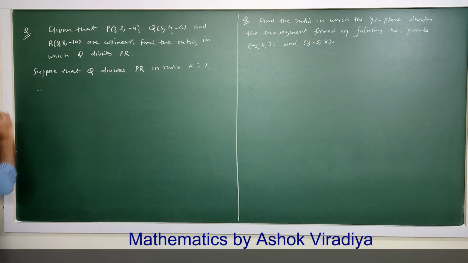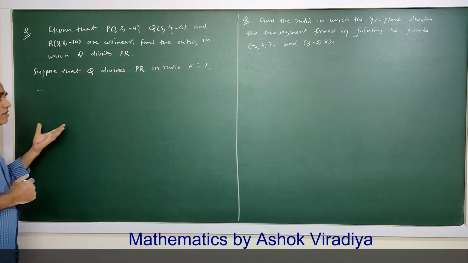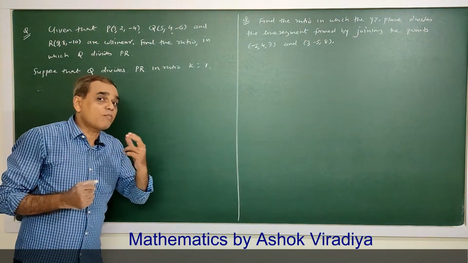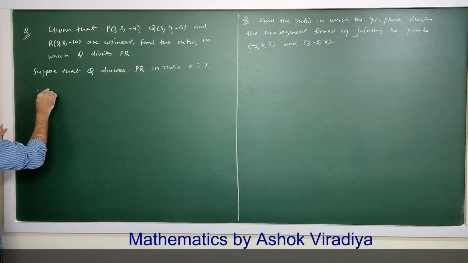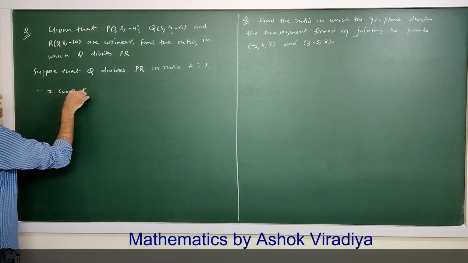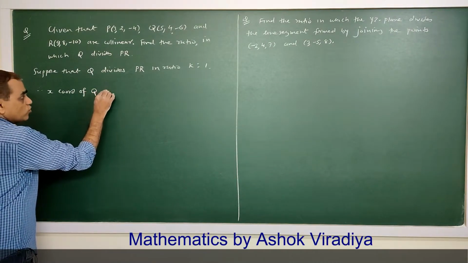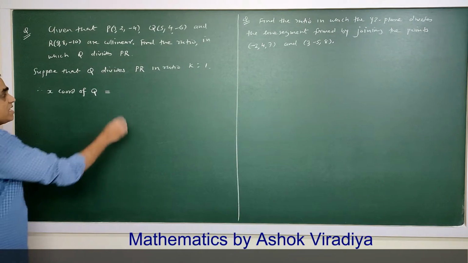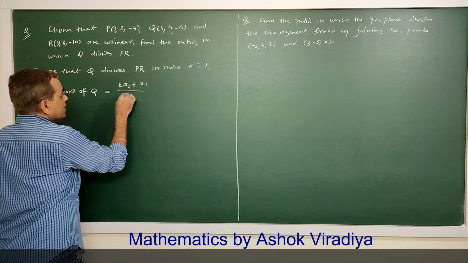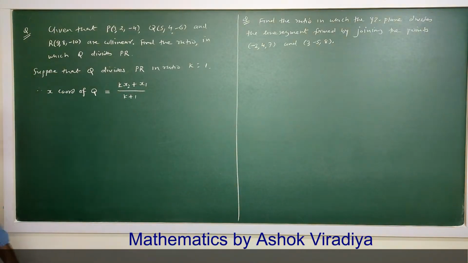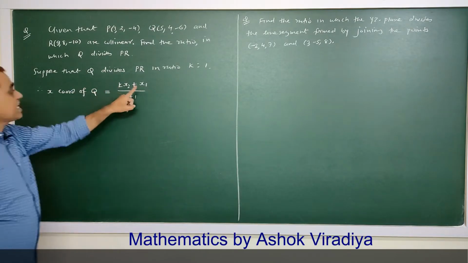Therefore, now see, we want the ratio. So taking help of comparing any one component, we can find the ratio. So the x coordinate of point Q is equal to (kx2 + x1)/(k + 1). We are comparing only the x coordinate from the formula. The x coordinate of Q is (kx2 + x1)/(k + 1),